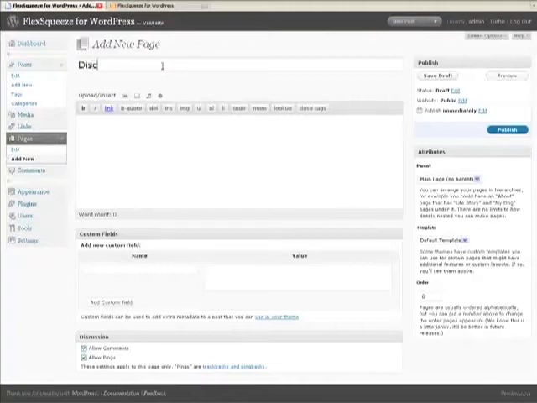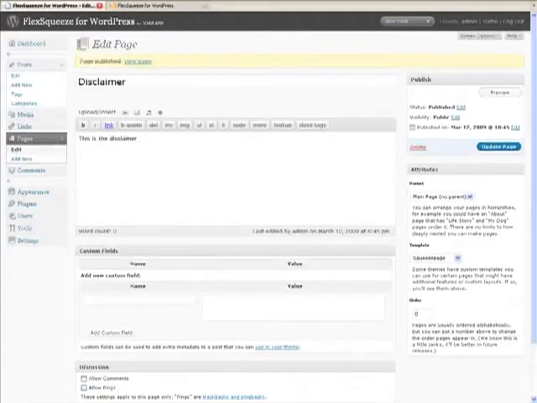And the first one, if I can type, is the disclaimer. I'm going to turn off comments and pings, and over here on the right side I'm going to assign the squeeze page template to this page. And now we want to go in